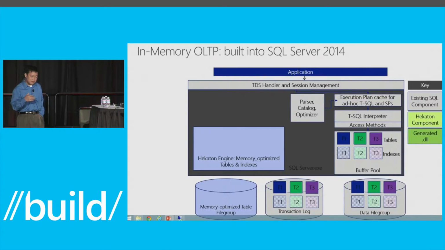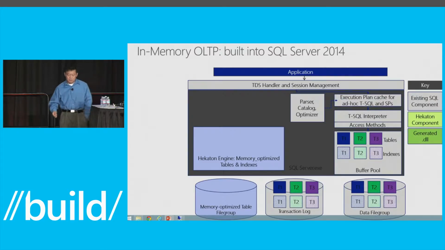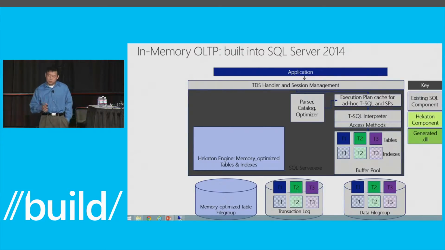So when you run the in-memory OLTP engine, the memory space is declared under the same SQL Server EXE from the same memory manager, but we allocate large pages. And at the bottom, we have a checkpoint file. It's nothing more than a file stream under the scene. The reason we need this is we don't do random IOs anymore. We only do sequential IOs for durability. So this is actually very good news. Sequential IO depends on what hardware you use. If you have high-speed SAS drives, you don't have to necessarily move to SSD to achieve very high throughput for